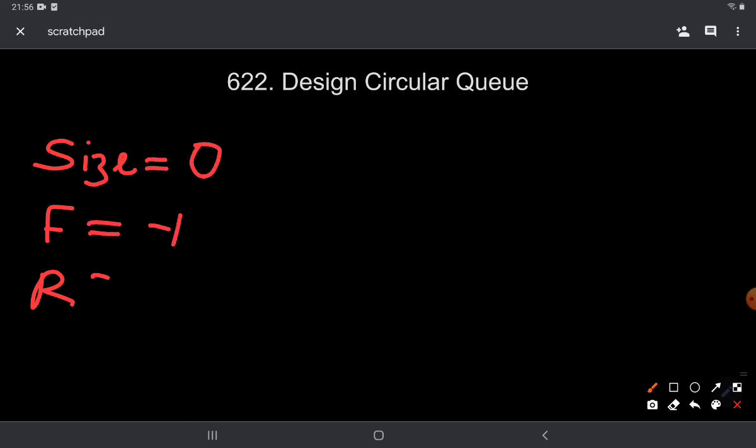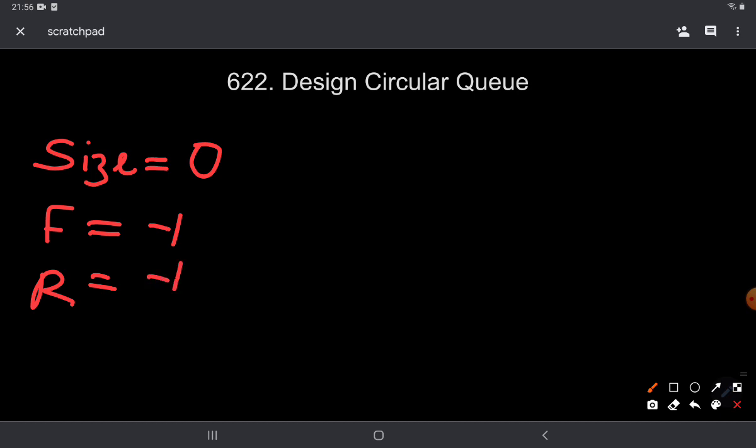For doing this, we would keep track of three things. The first thing is the size, the second thing is the front pointer, let's call it F, and the third thing is the rear pointer, let's call it R. Our size initially is 0 because the queue is empty, and front and rear both are -1.